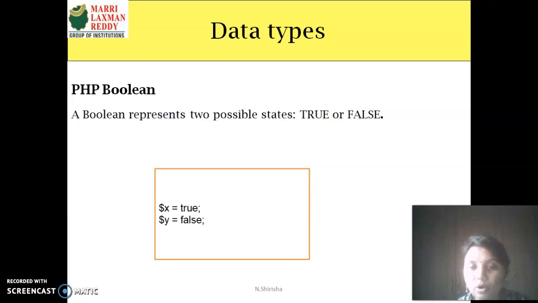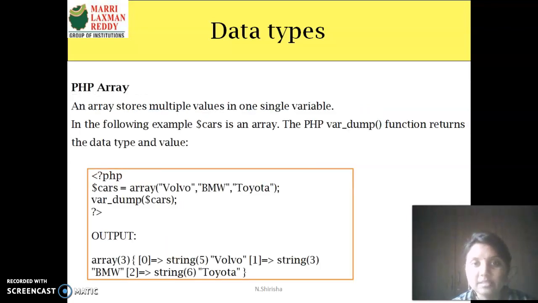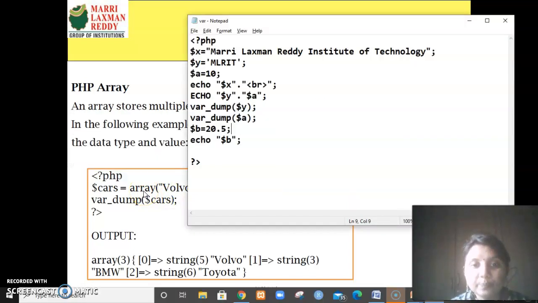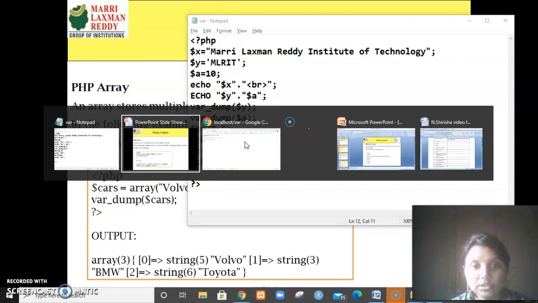You can pass either true or false. Okay, then arrays. Coming to arrays, you can create an array using the array function. So let me tell you. Suppose I give $c equals true. Okay, so $c is equal to true. True is nothing but your boolean value. Now what I want to do is print what is there in $c. So let me give echo $c. So let me refresh.